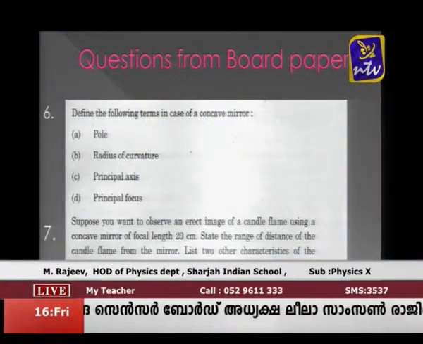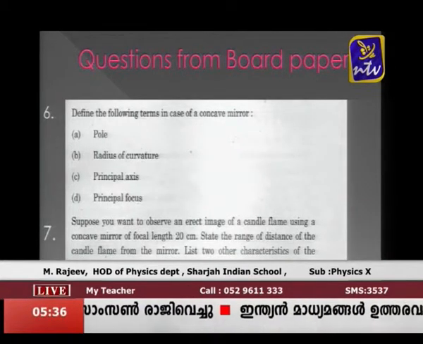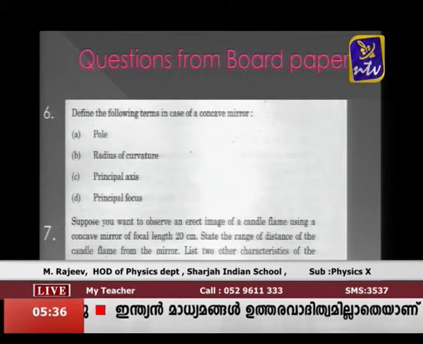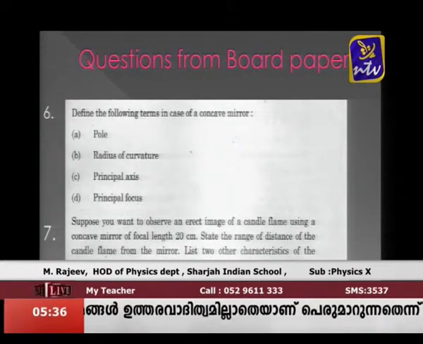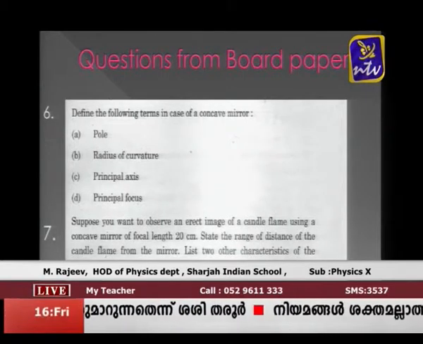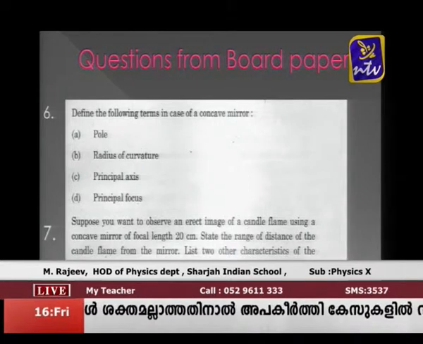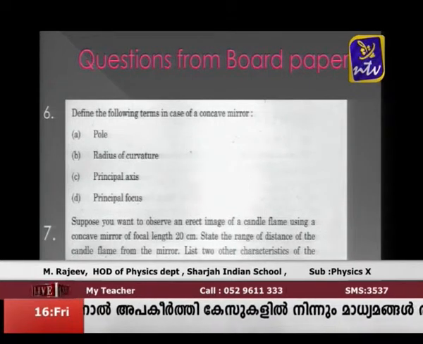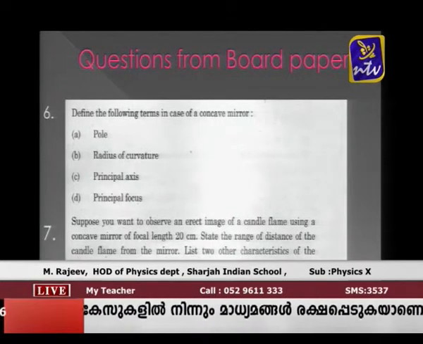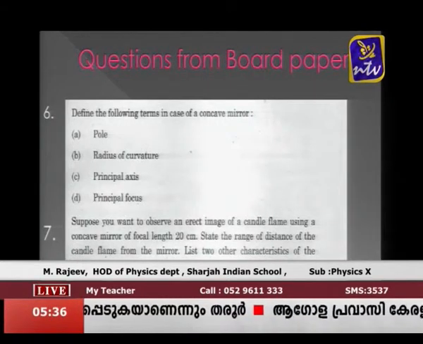Suppose you want to observe an erect image of a candle flame using a concave mirror of focal length 20 cm. State the range of distance of the candle flame from the mirror. List the two characteristics of the observed image. Draw the diagram to show the formation of the image in that case. So the focal length of the concave mirror is 20 cm,